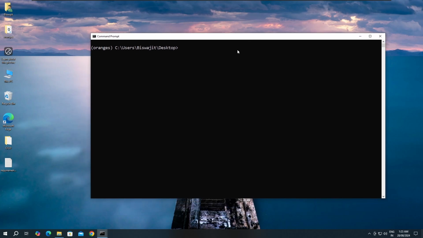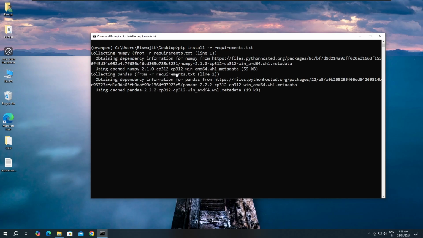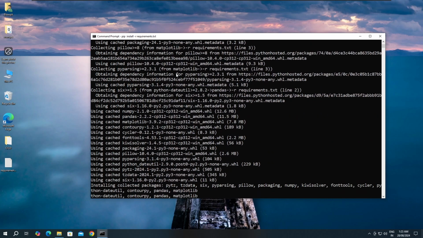So if I have a requirements.txt file, how can I install from it? How can I install these packages in my custom environment that I created? For that, you have to do pip install -r requirements.txt. Just press tab and it will be completed, and if you just press enter, it is going to take